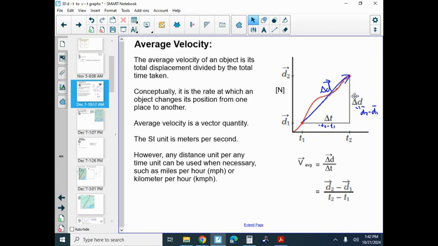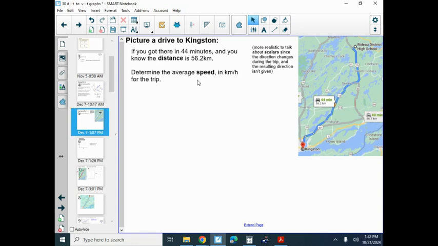So our units, if you're looking at meters per second, right, it makes sense because we have meters and seconds as our units there. What else do I want to talk about here? Obviously, you can convert to different units as well and so on. But anyways, just to remind you of the idea of average velocity, versus if we're looking for average speed,